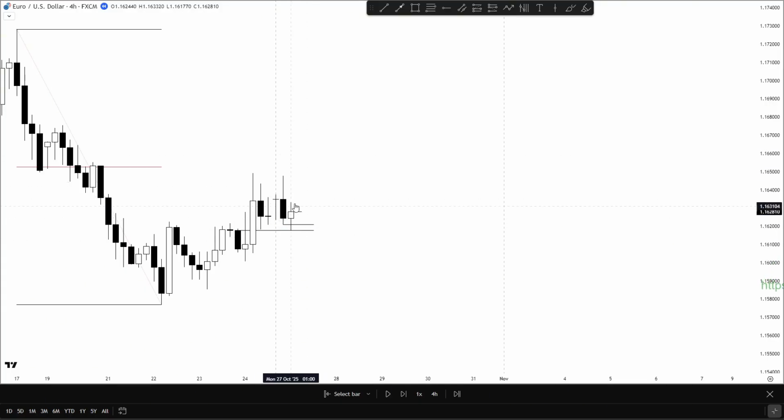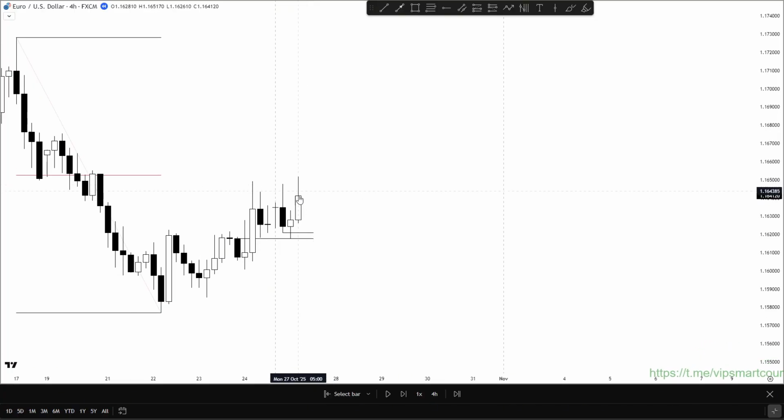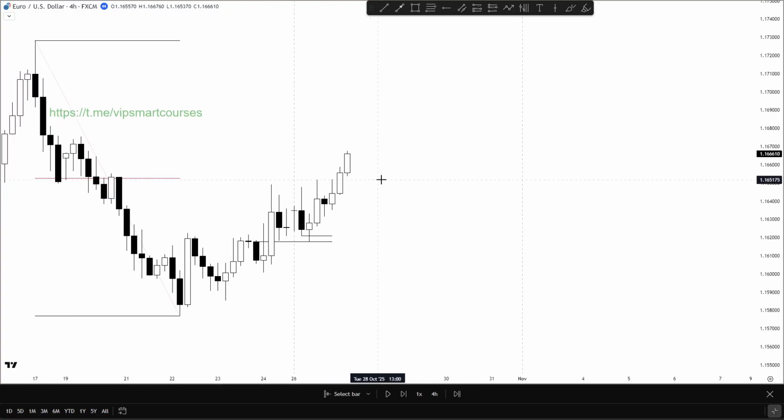Okay, and this was a win for me. So this was the first trade of the week. Then by this point, I was done for the day, so I just let price do whatever it wants. Obviously this price section right here isn't relevant to me because I don't trade during this time. So I just watch price action and see what it does, and then decide what I'm going to do with it